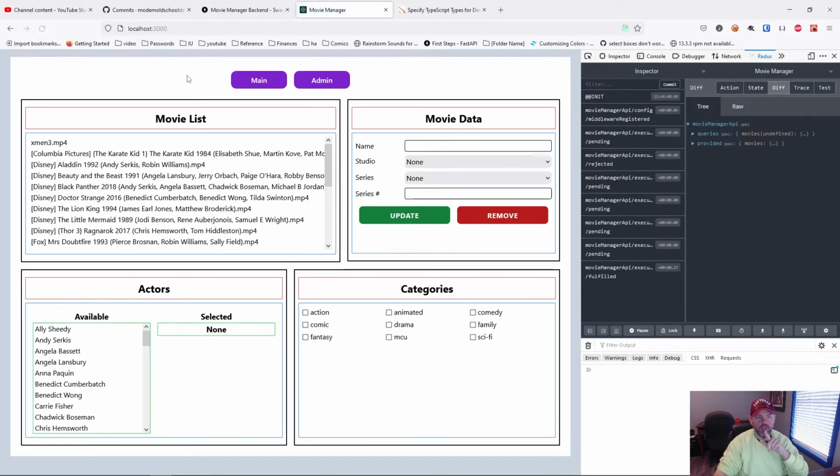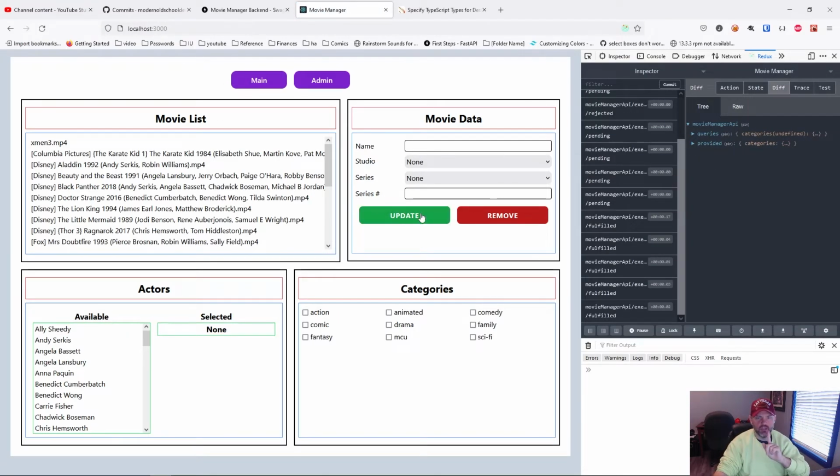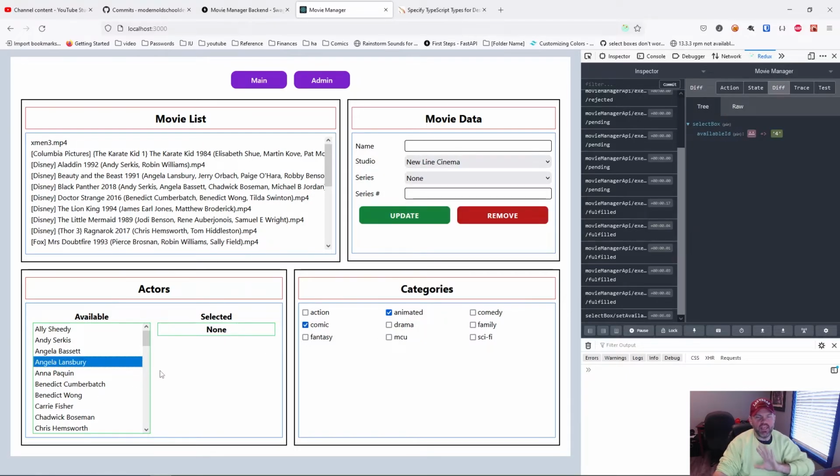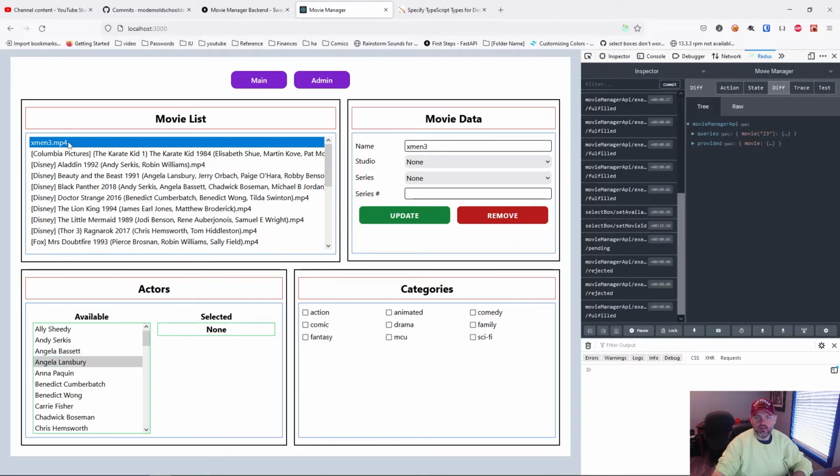So we start out the page, we have nothing selected, so update does nothing, changing things does nothing, but it all looks like it could do something, which I don't like. I want all of these controls to be disabled if we don't have a selection. But at least we're not getting errors anymore. And if I select X-Men, now we can actually do things. So that's better, but we need to make sure that if movie ID is blank or undefined in this case,